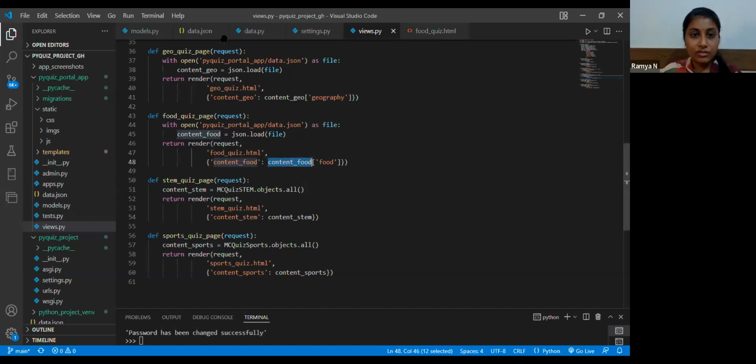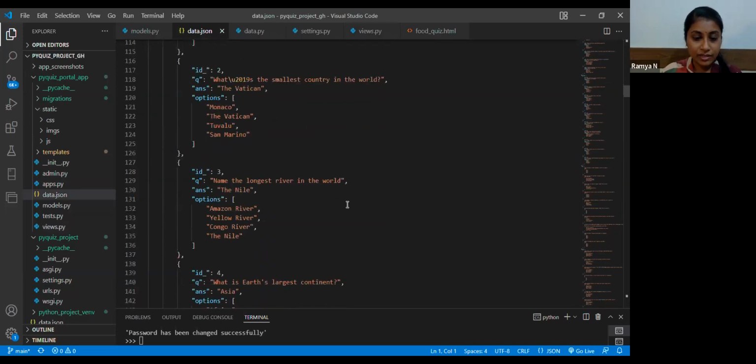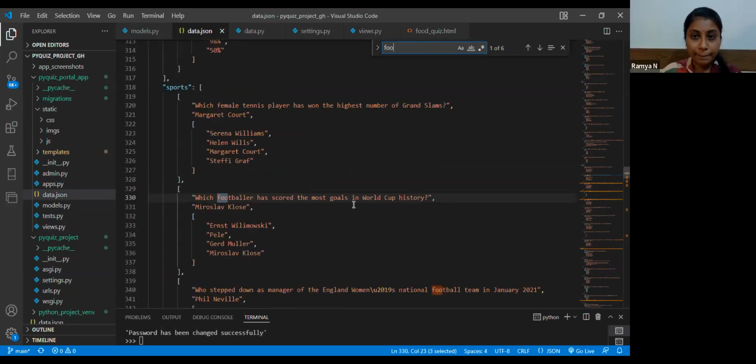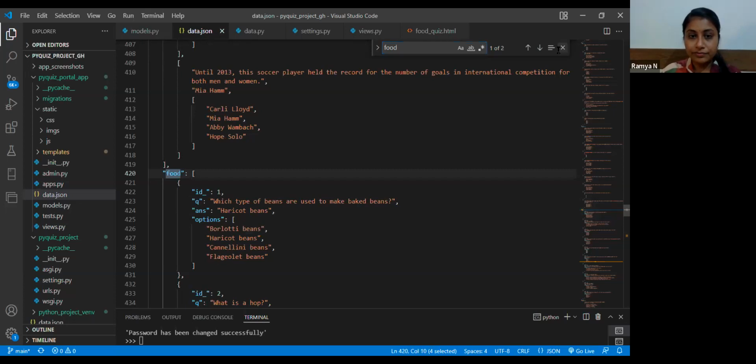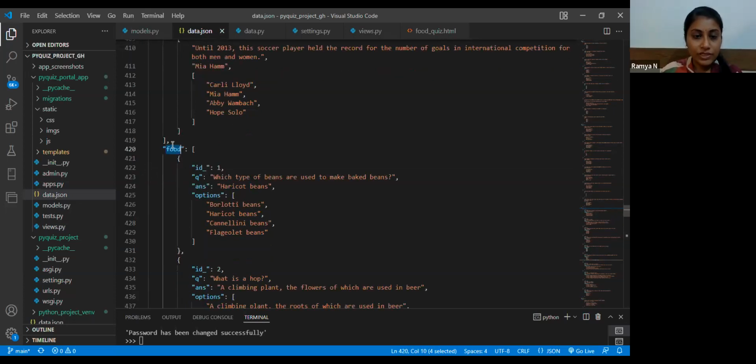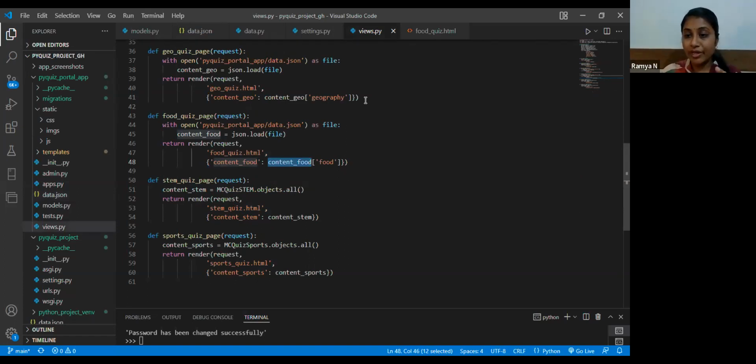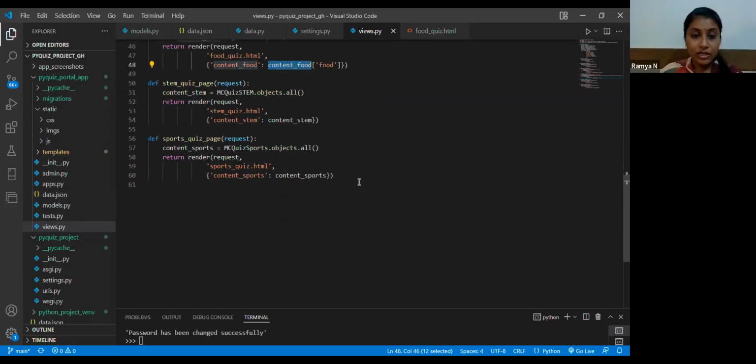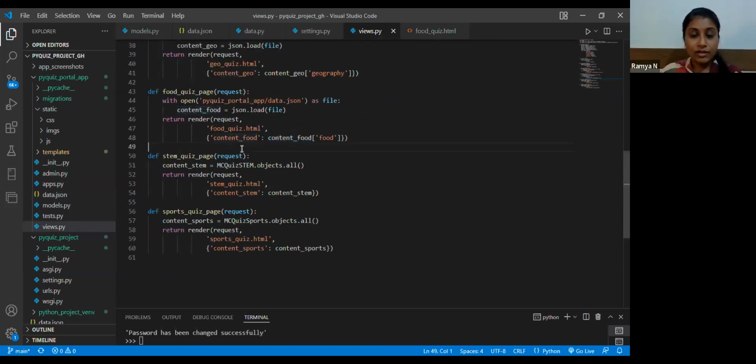That is food, right? The food category. Yeah. Okay. This is the object in which I have stored data. It's a collection of objects. It is basically an array of JSON objects. These are the column names. So this is how I have done the combination of fetching data from the JSON and the database both in a single application. And next, let's look at